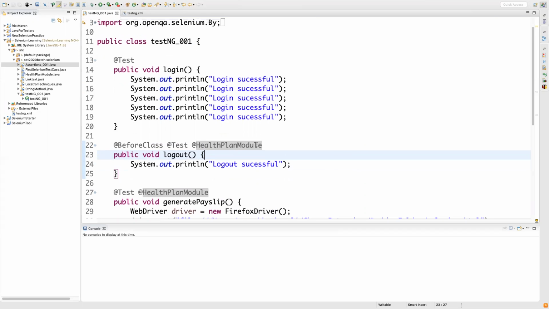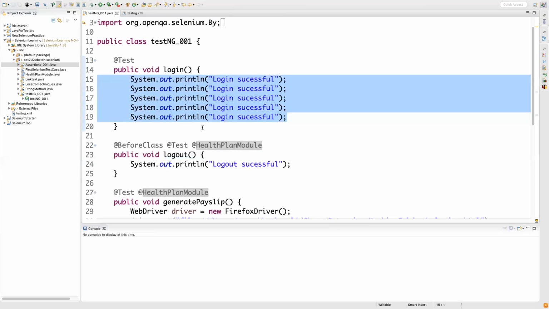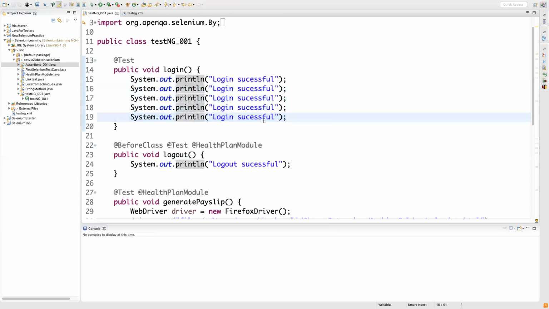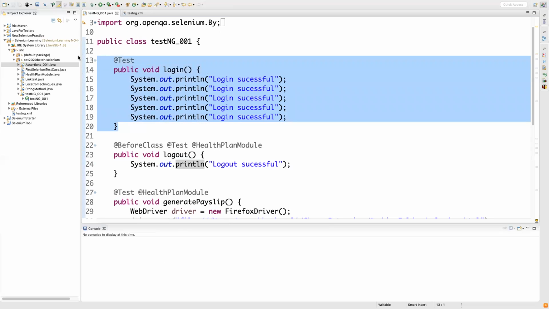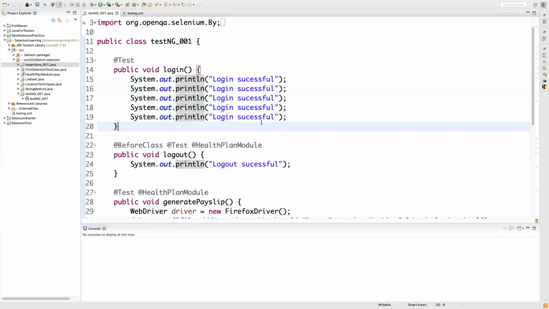Okay. So let's assume in this particular test, you have multiple system.out.println, right? So what happens whenever you're looking at the execution logs, you do not have any control whether you want to actually see the success logs or you want to only see failure logs and so on. And when you run the entire test suite, a regression test suite, or let's say this test is fairly stable from last 2 months, 3 months, 6 months, and it never fails or it never creates any